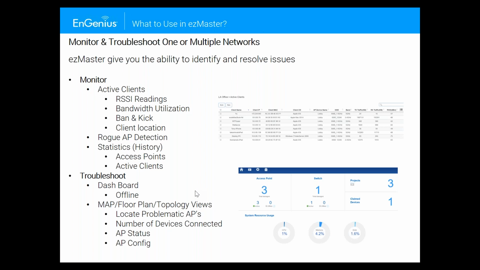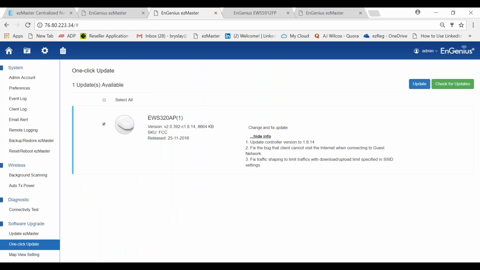For troubleshooting, you also can use our map view, floor plan view, and topology view to locate problematic APs, the number of client devices connected, AP status, and AP configuration. So with that said, I will jump into that portion of the demo.